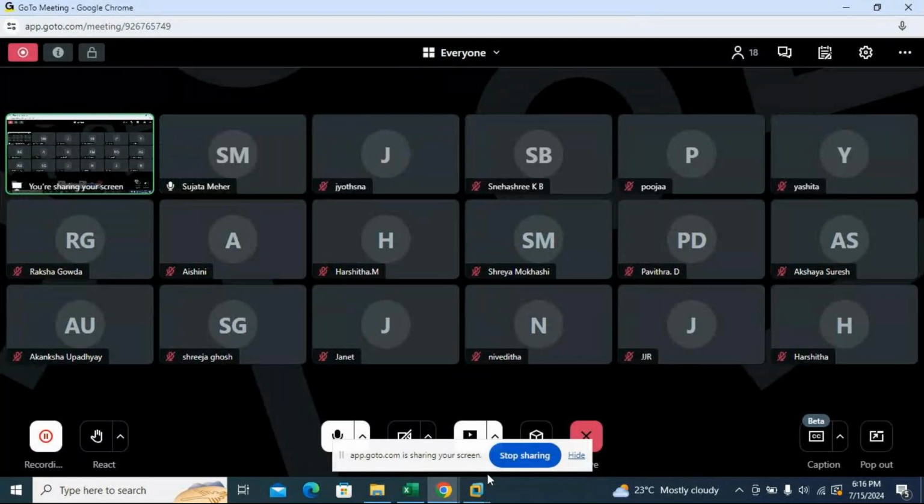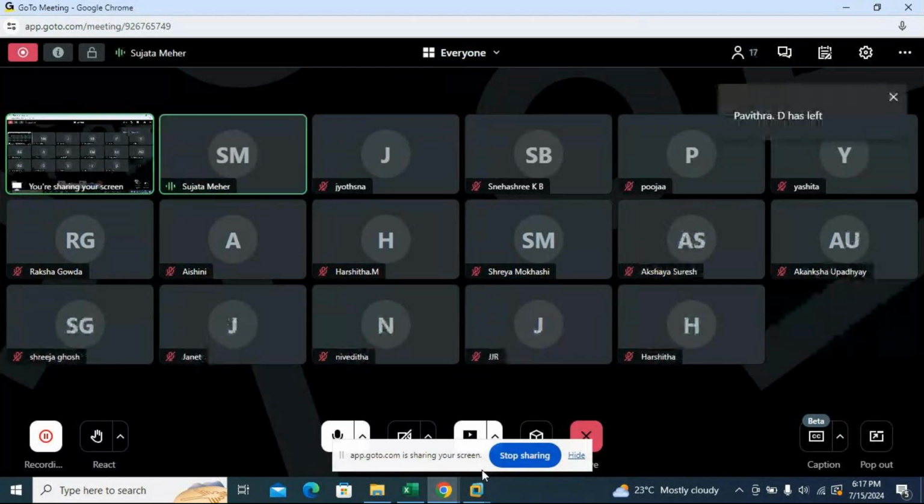So the ECC color. It will take a few minutes to start.